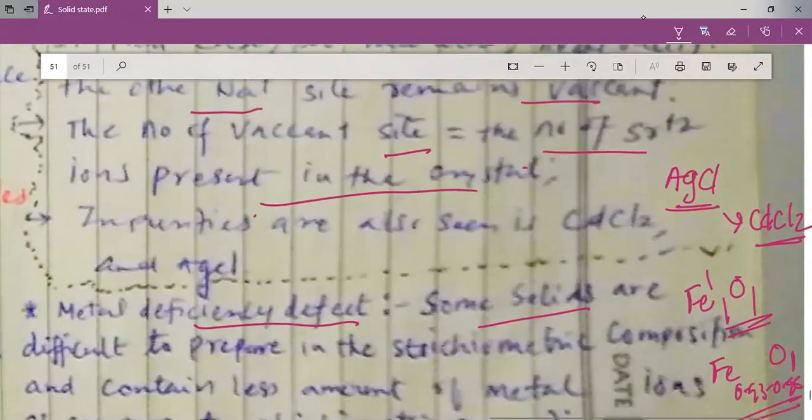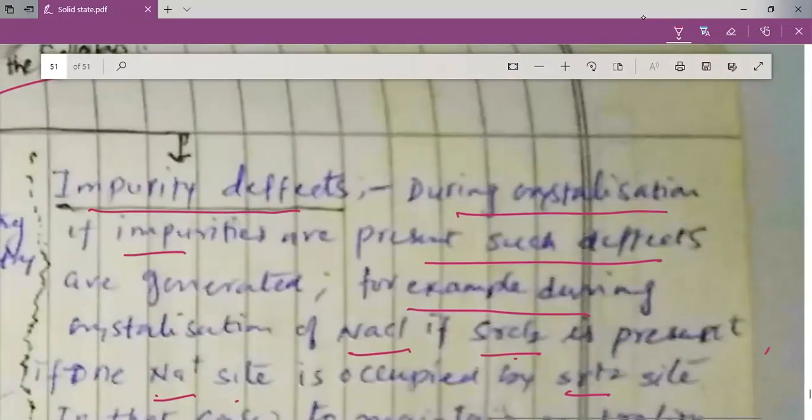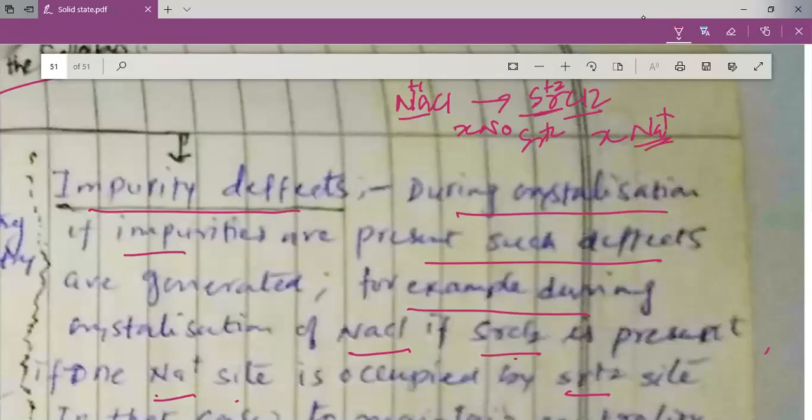Then we have the last type of defect, which is known as the impurity defect. This impurity defect is seen if you are preparing NaCl and sometimes an impurity like SrCl2 remains present. So an Na+ site is taken by an Sr2+ ion, and thus an equal number of Na+ sites remain vacant. So if you have X number of Sr2+ ions in the crystal, X Na+ sites remain vacant, and this is how the impurity defect is generated. The same type of defects can also be seen in